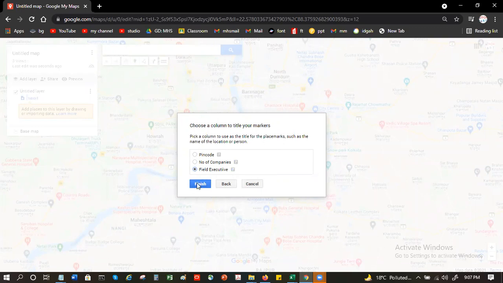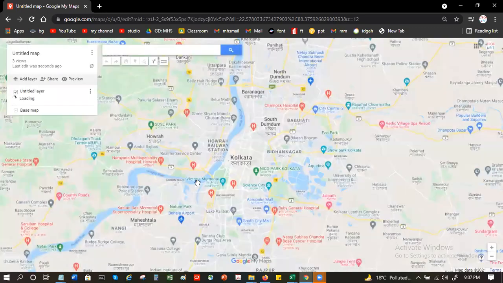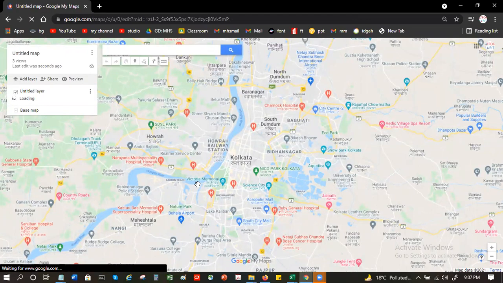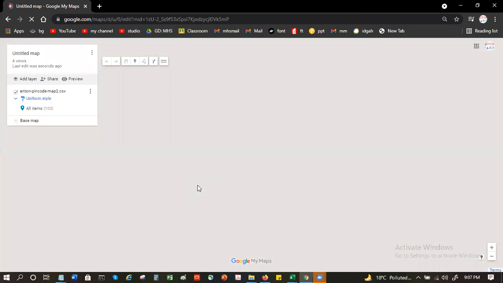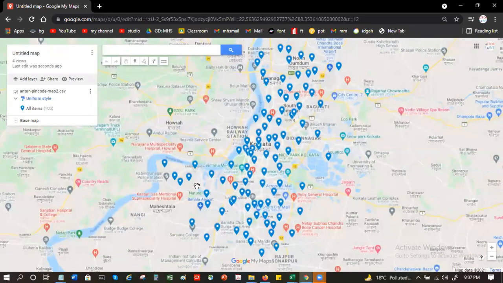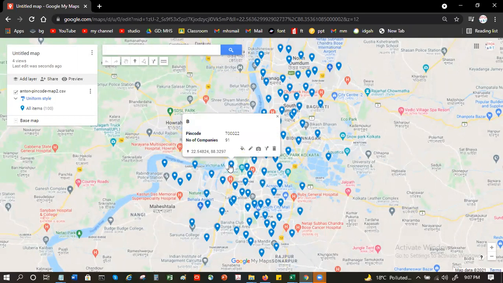So I get the option to add field executive also. So now the only thing here is you have to bring your cursor.